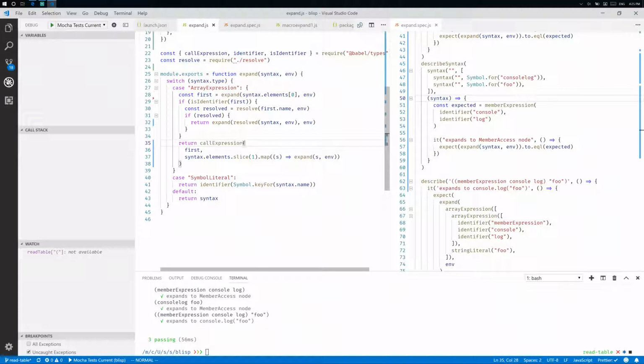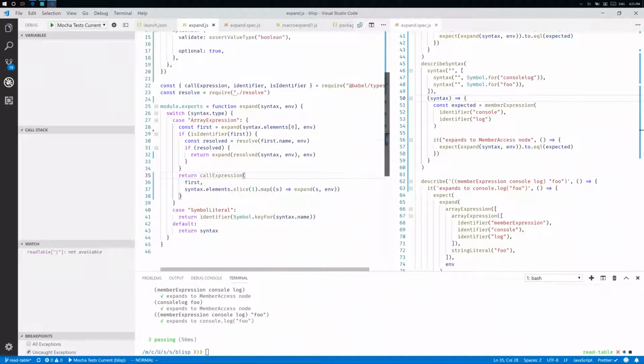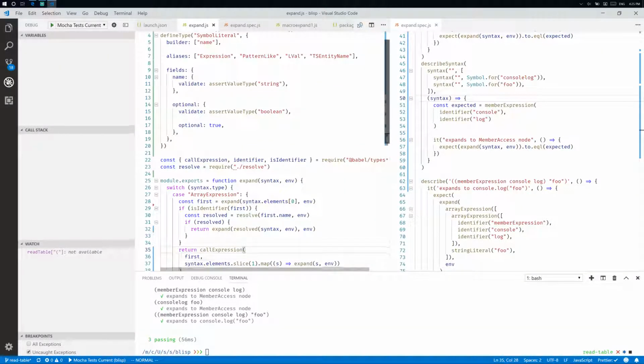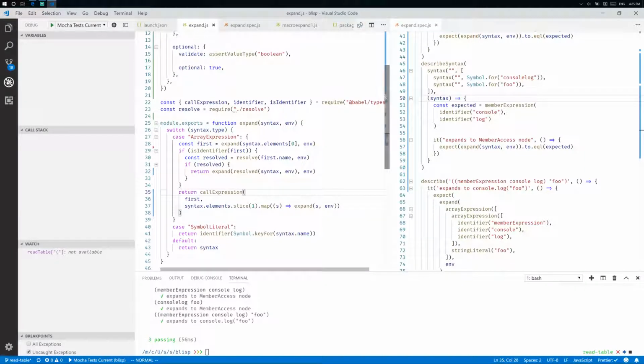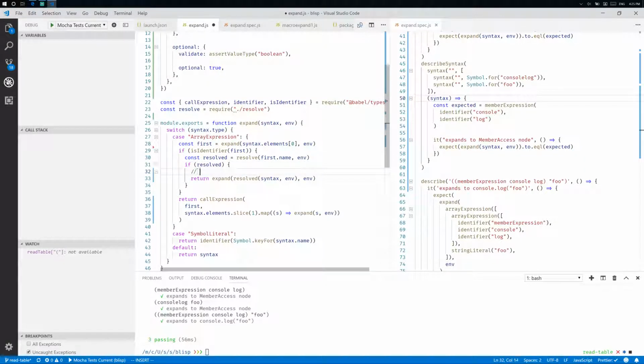Great. Okay. I'm gonna put a to-do comment here because I think this is probably not the greatest thing to do here. To do, this is how we